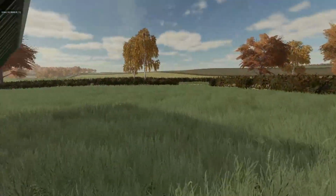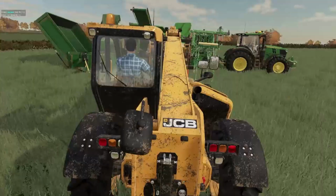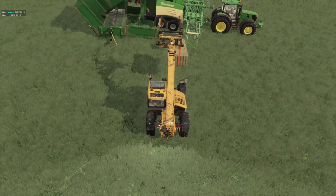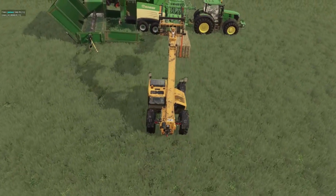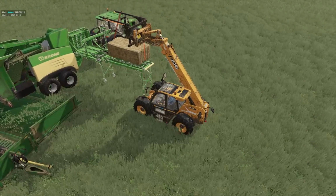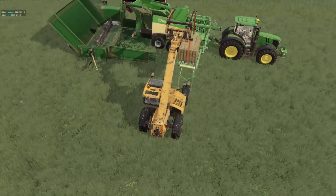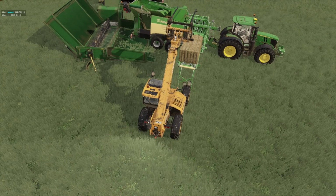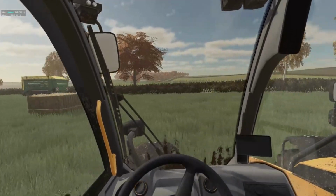Let's crack on with a little bit of straw shredding, and we'll just get a little bit of this done, really. Not going to worry too much about getting it all done. As I say, that will give us some jobs over the winter, but I do want to get quite a bit of it done because I do actually need the money, especially now that we're going to a demo day. We need the money because when we go there, we want to be on the lookout